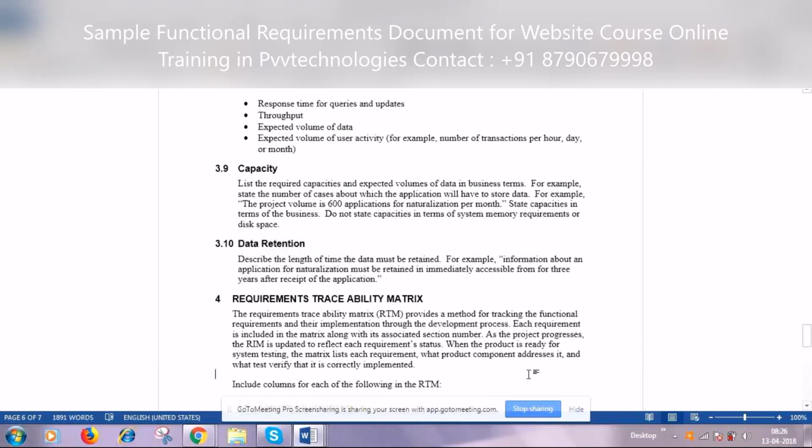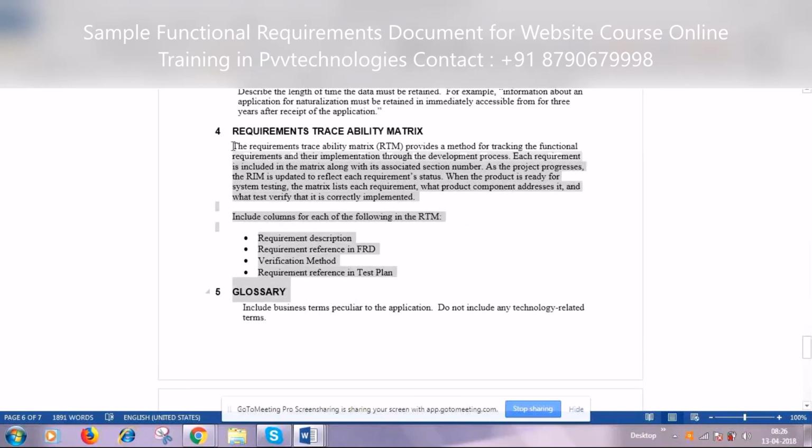I think we have already discussed the requirement traceability matrix just in the starting of the session. So it's basically